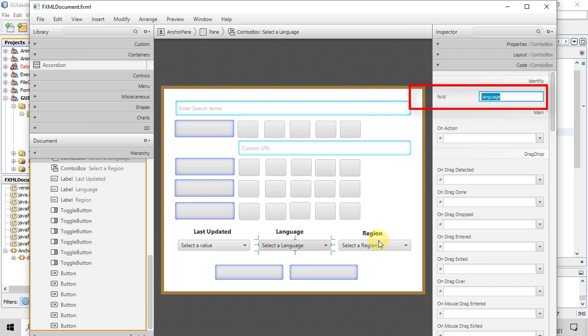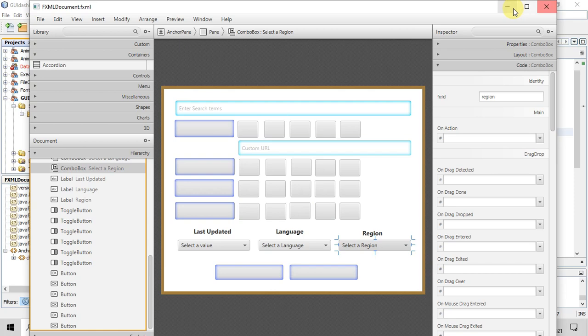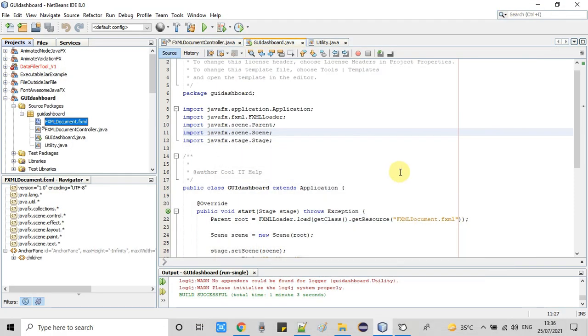The first combo box fx:id is language, and the second combo box id is region. Okay, only these two things. Two fx:ids assigned. That's it. Just minimizing this FXML. No more use of this FXML.